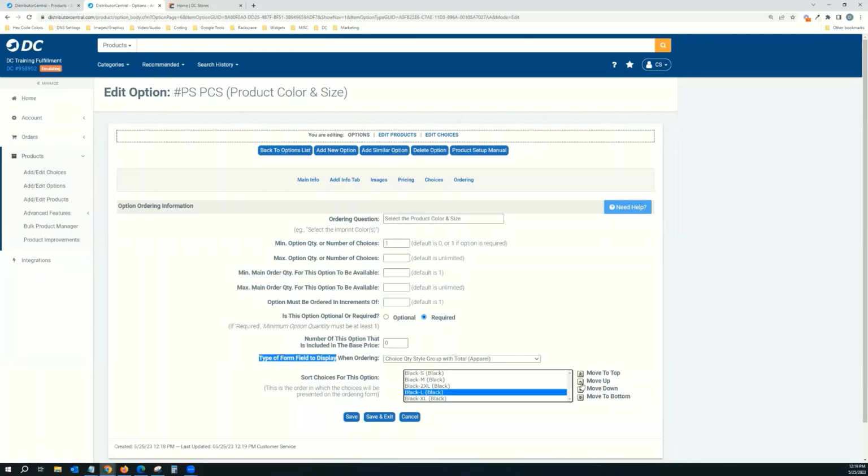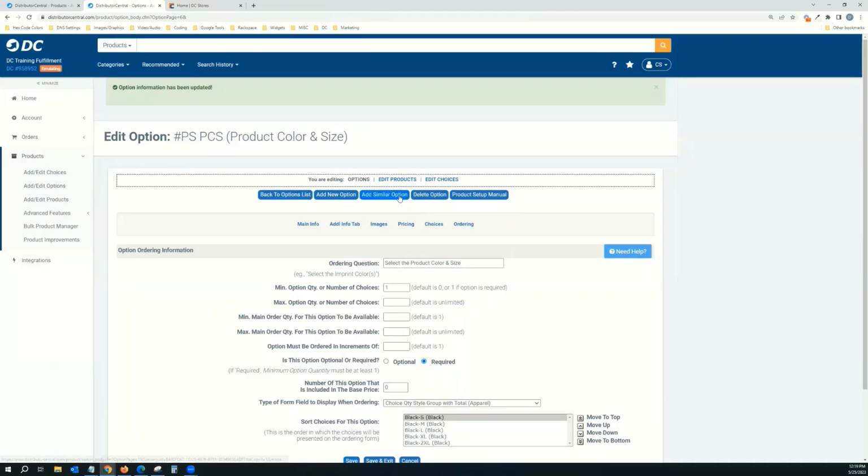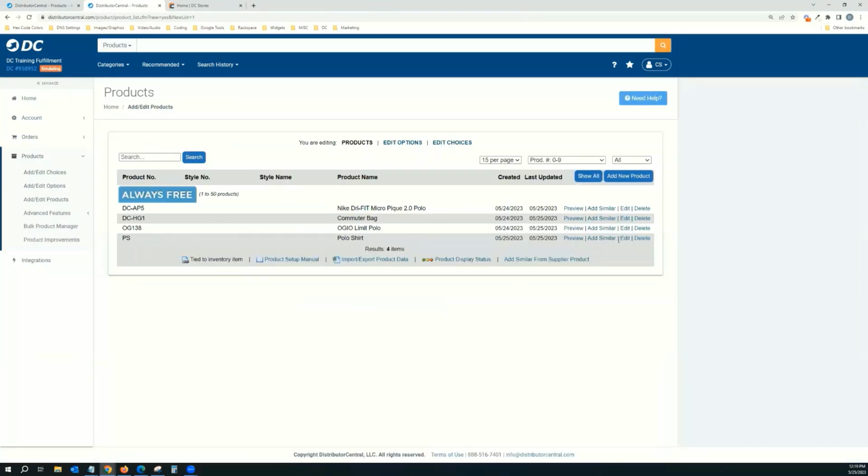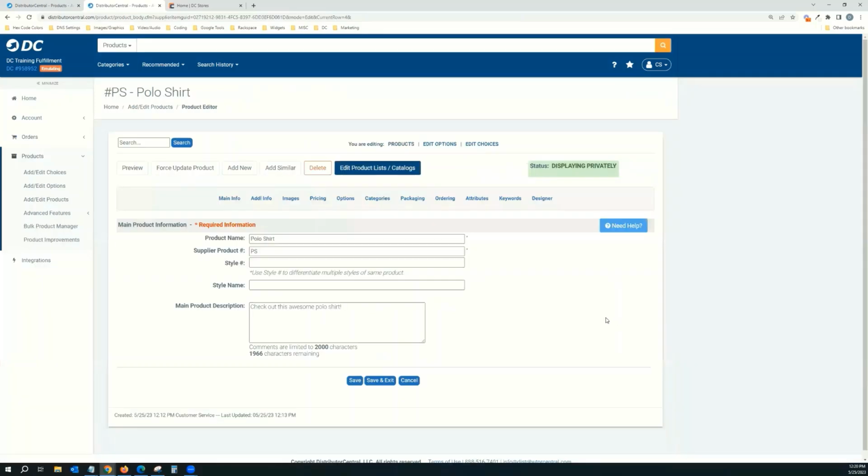I'm going to change this to large. I move it up to large, move large up one, move the XL up, and now it's all in order, ready to go. So I'm going to hit save. And then I'm going to go to edit products or products, add edit products, either one. And I'm going to go to here, click edit, go to options, and I'm just going to add that option